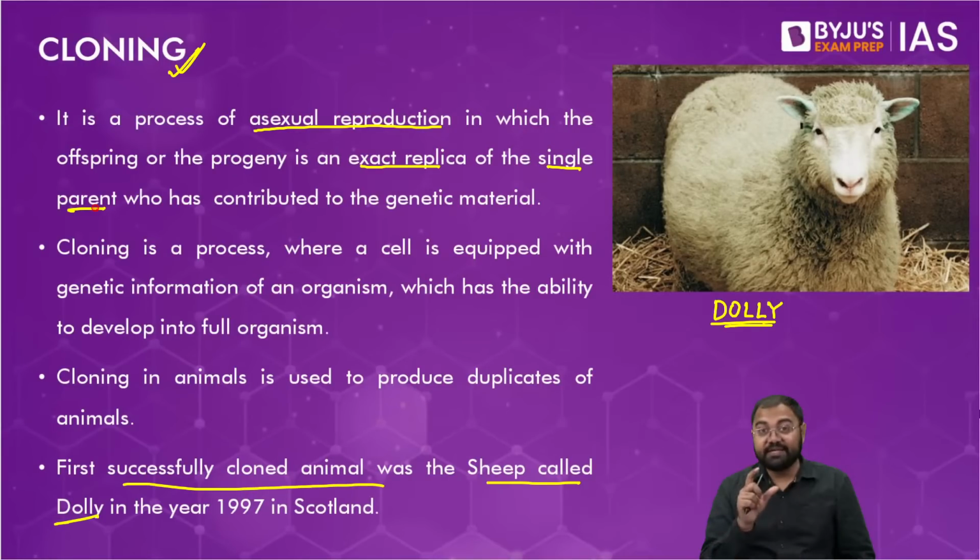So now in all these asexual techniques, all the genes that the offspring will have will be exactly the genes that the parent had, because there is no mixing of genes. In case of sexual reproduction, there will be mixing of genes, one set coming from the male and one set coming from the female, and that's why the child